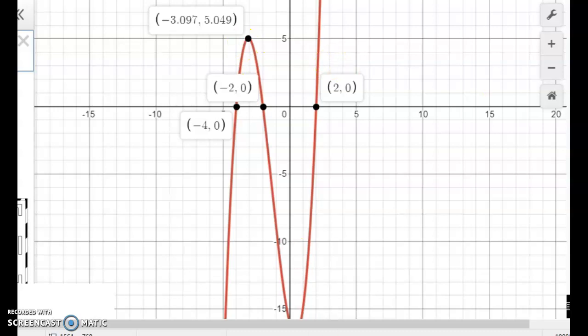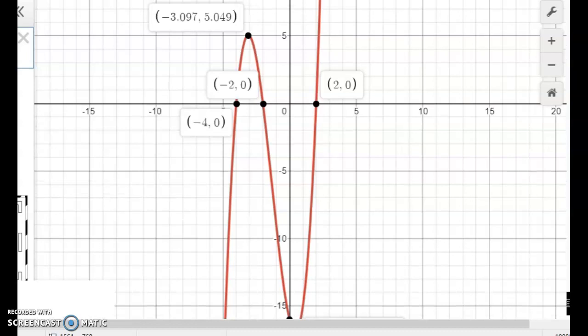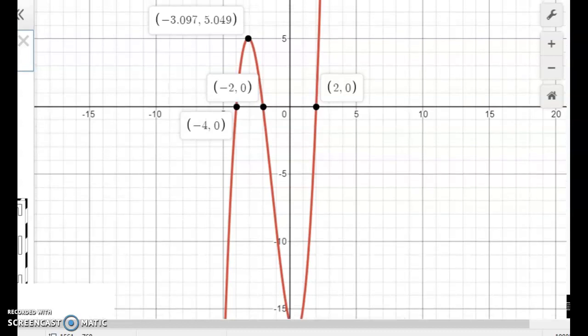These points are going to be really important. I'm going to look at a few different things. The first thing we'll look at is intervals of increasing and decreasing, just because I know they're the hardest. When I look at my graph on the left part here, you can see that it's going up, up, up until this point. So I have an increasing interval, and that is from negative infinity